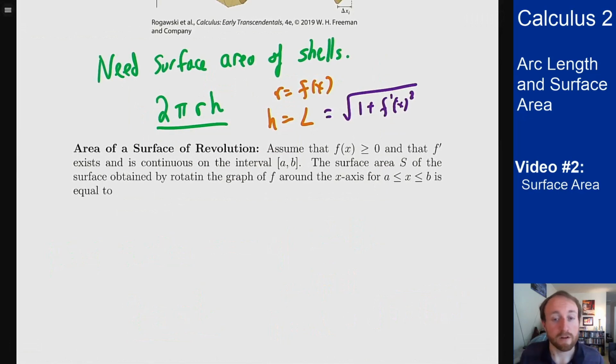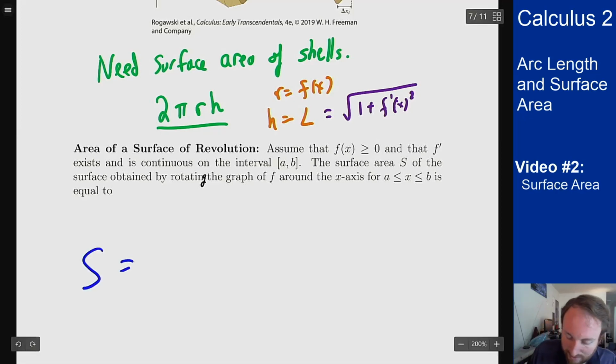So we assume that our function is bigger than 0, because that gives us something to actually revolve around the x-axis, and that f prime exists and is continuous. That lets us use the mean value theorem to get that formula for L. Then the surface area, capital S, of the surface obtained by rotating the graph of f around the x-axis between this range of a and b is equal to